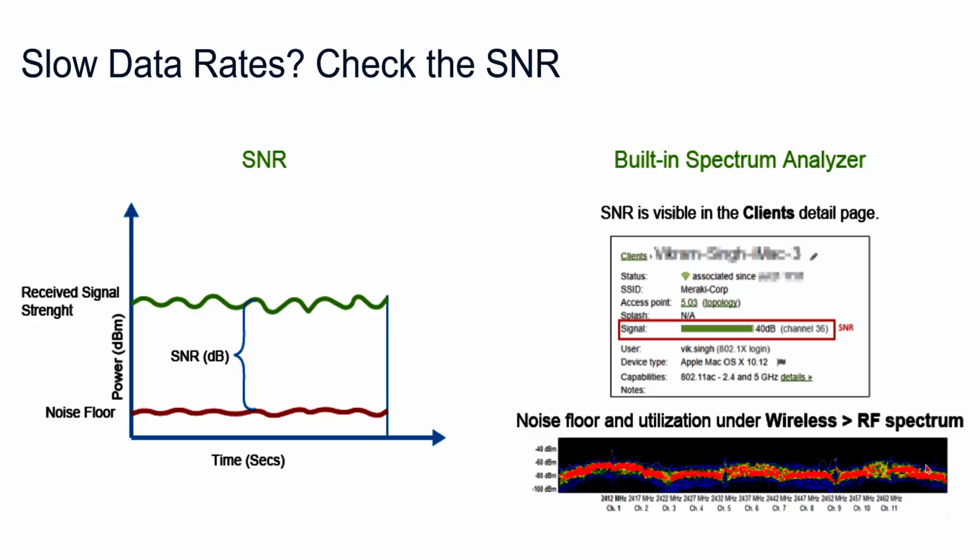All right, one of the most misunderstood but most critical concepts in wireless networking, that old SNR, signal to noise ratio. If your users are complaining about slow Wi-Fi, buffering, poor performance, this is usually where you're going to look first. All right? By definition, SNR is the difference between the received signal strength and the noise floor, and we measure